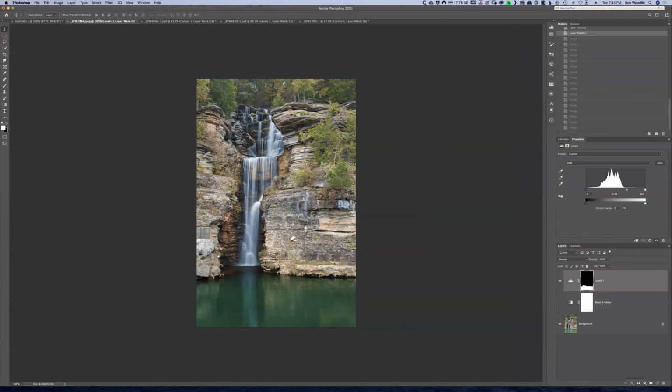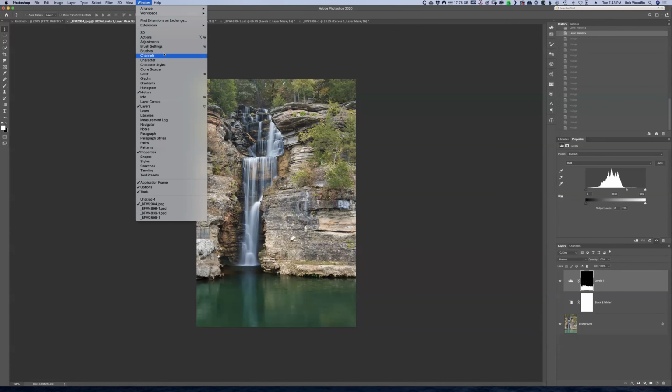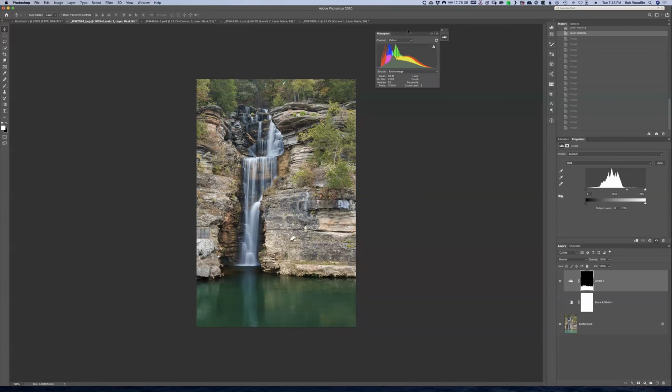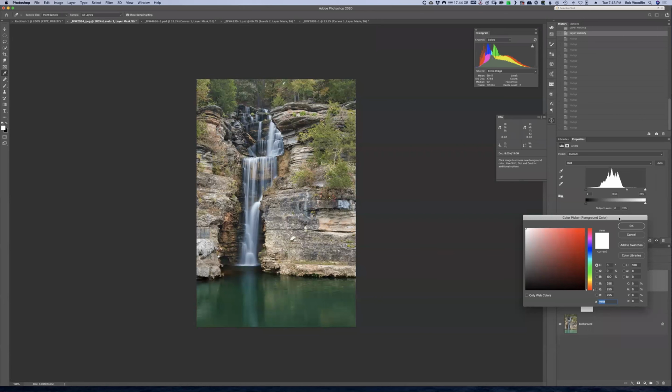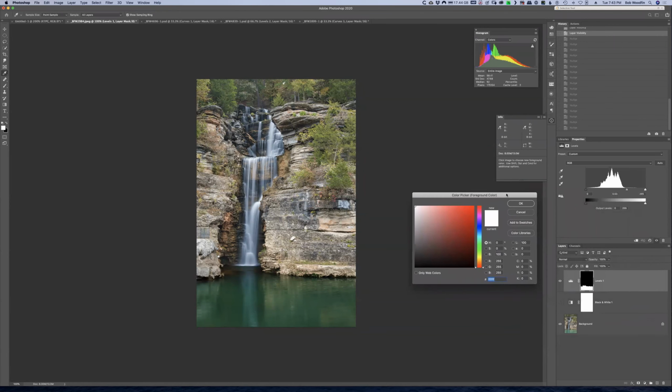And what I want to do here is just talk about channels. And to do that, I'm going to open up some panels. I'm going to open the histogram panel here and put it over here. And I am going to open the info panel here. And I use the info panel quite a bit. And then I'm going to open the color picker here. And first off,